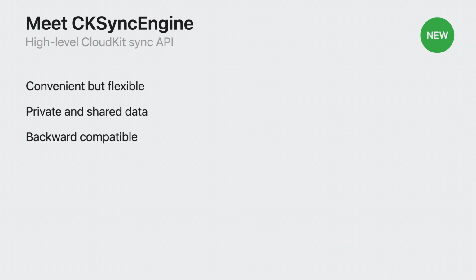The data model you use with the Sync Engine consists of records and zones, which are the same types of data used in the rest of CloudKit. You can access any of this data using any existing CloudKit API. Because of this, if you already have an existing CloudKit sync implementation, CK Sync Engine can sync with that as well. The Sync Engine is being used by several apps and services across the system, including the Freeform app.